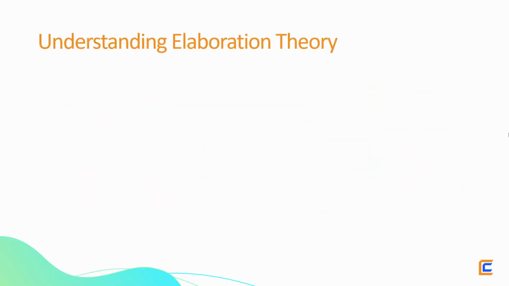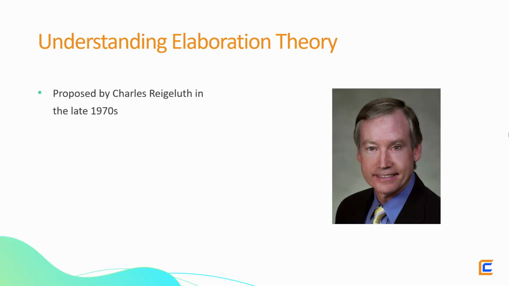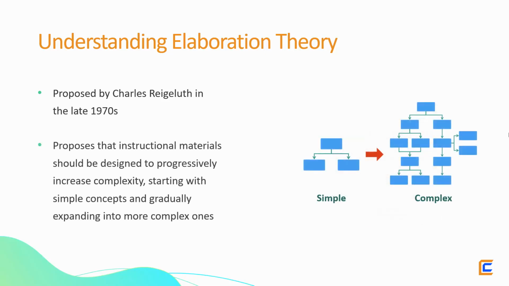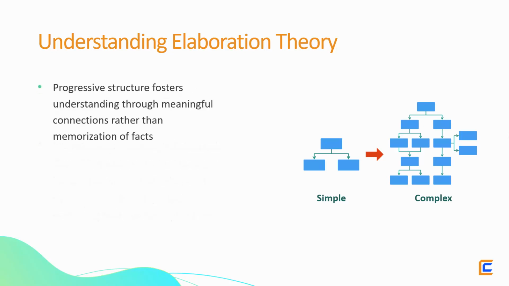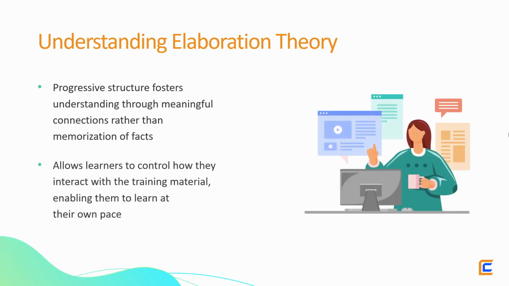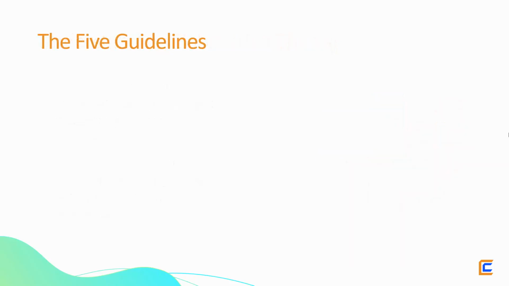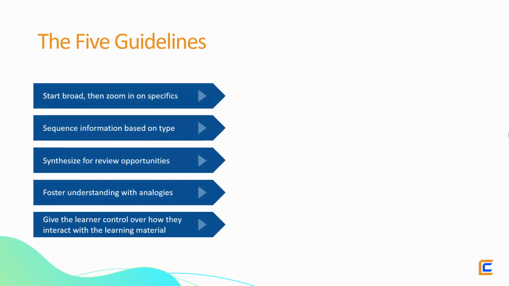Charles Reigeluth developed the Elaboration Theory in the late 1970s. It proposes that instructional materials should be designed to progressively increase complexity, starting with simple concepts and gradually expanding into more complex ones. This progressive structure fosters understanding through meaningful connections rather than memorization of facts. Additionally, the theory states that learners should control how they interact with the training material, thus allowing them to learn at their own pace. Let's look at the 5 guidelines for elaboration theory and some examples of how it can